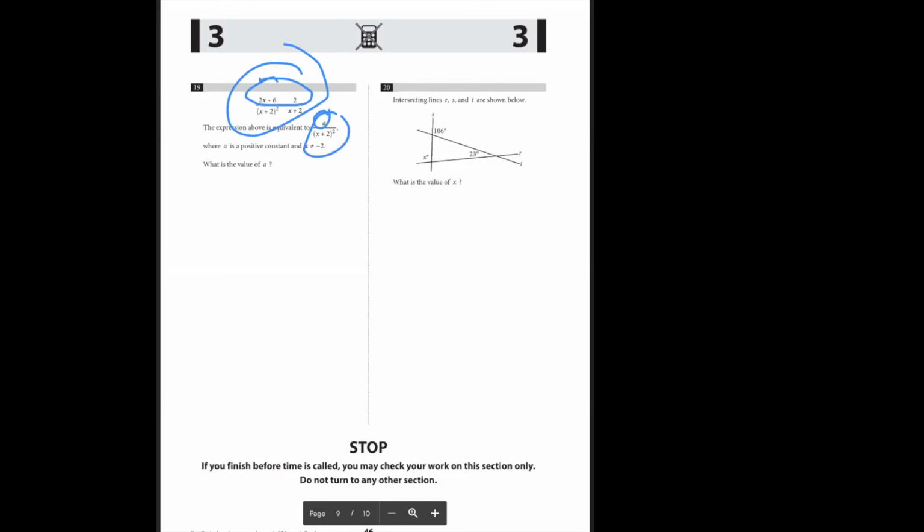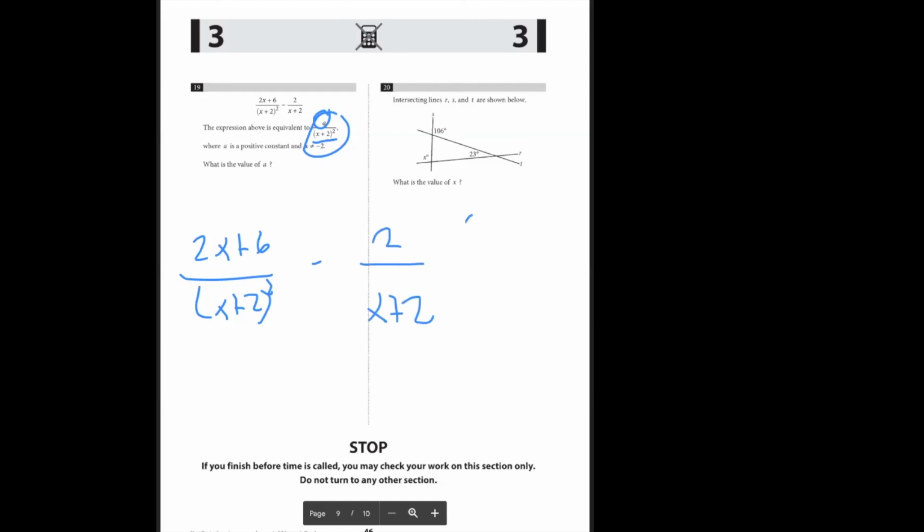So what I did is, I noticed that they both, in order to get that, they have to have the same common denominator. So I noticed that in that, let me get rid of that so you can see the problem. I noticed that this needed an x plus 2 on the bottom in order for it to have the same denominator as the first term. When you end up doing that,